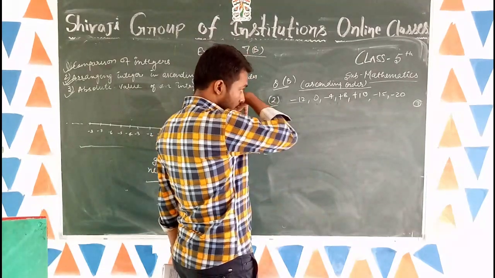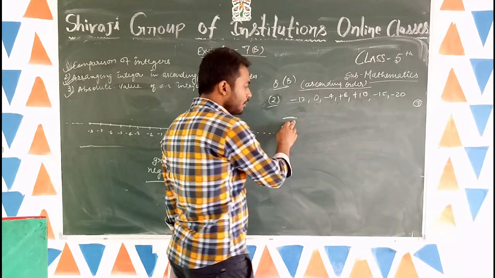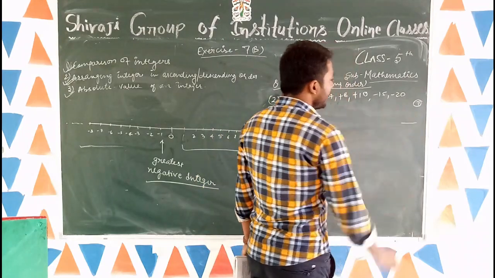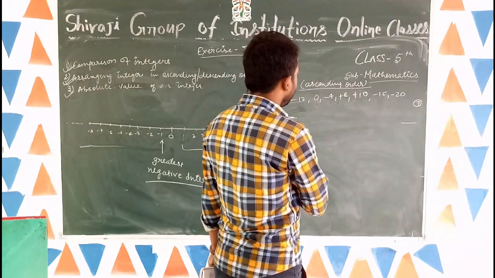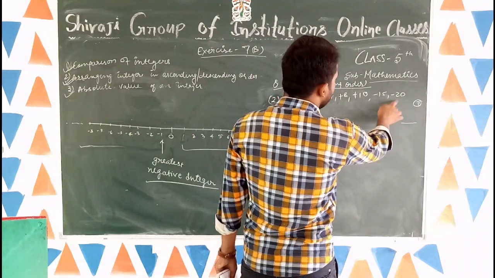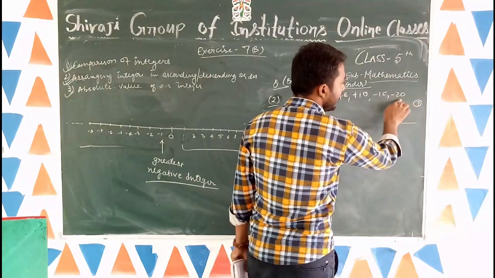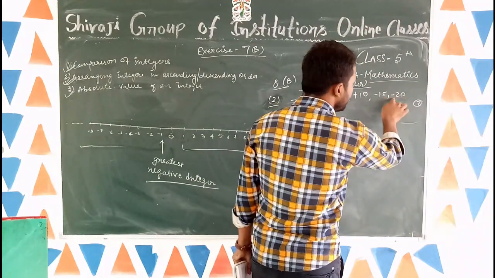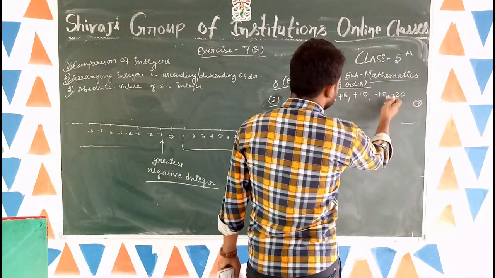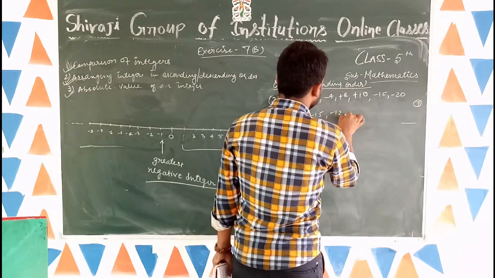Okay students, so as we have discussed, in ascending order the number in first position will be smallest and the number in the last position will be greatest. Okay, so find which is the smallest number here. Minus 20 is the smallest number, because it is the highest numerical value with a negative sign. So minus 20, and which is the second, minus 15, minus 12,